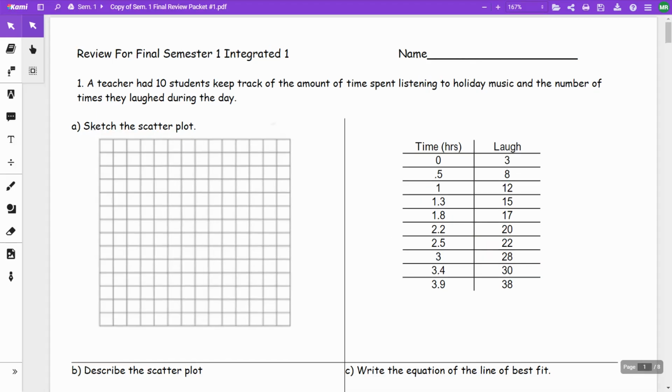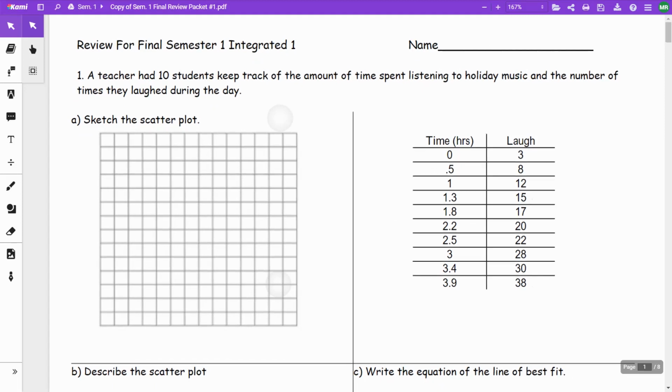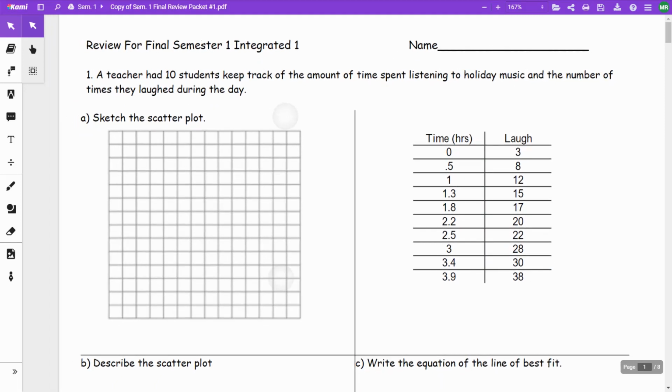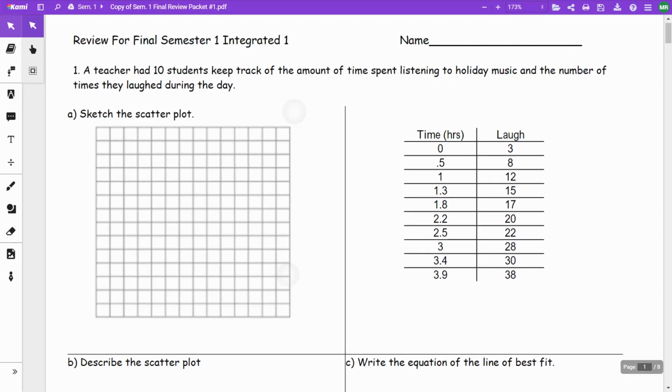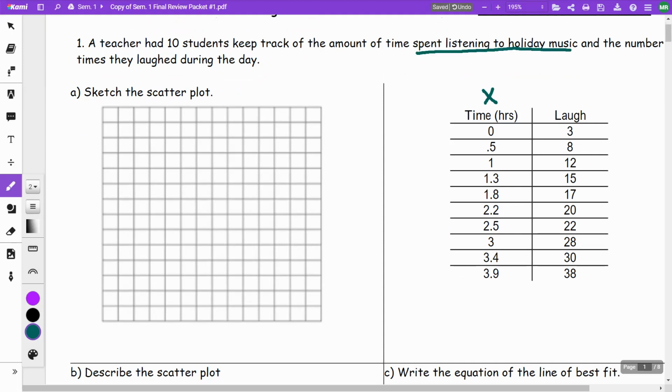This video is for Integrated 1. This is for the review for semester 1 packet that I passed out. The first problem is the scatter plot problem. So for this, if you pay attention to the table, X is going to be the number of hours, in this case, the number of hours spent listening to holiday music. And Y is going to be the number of